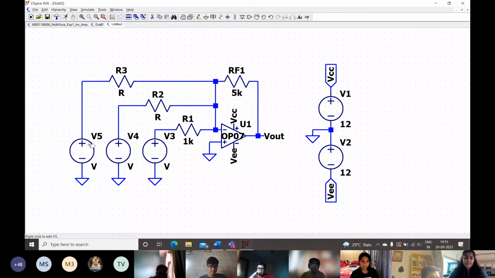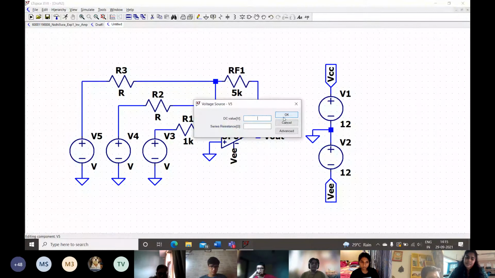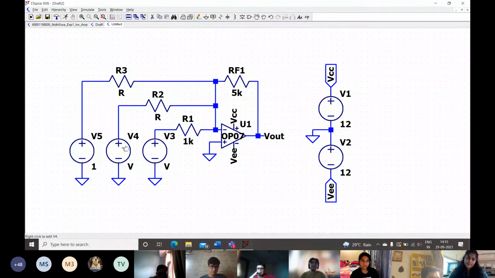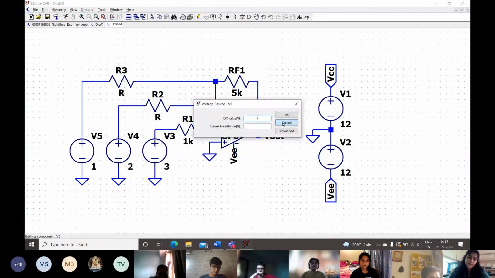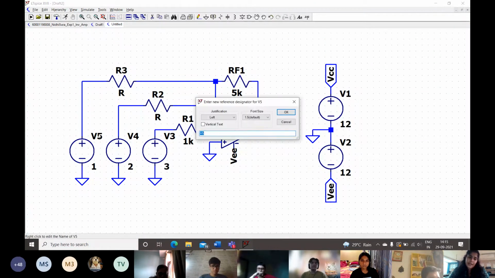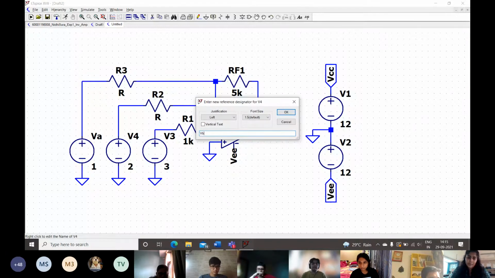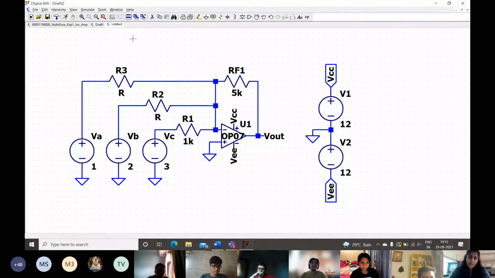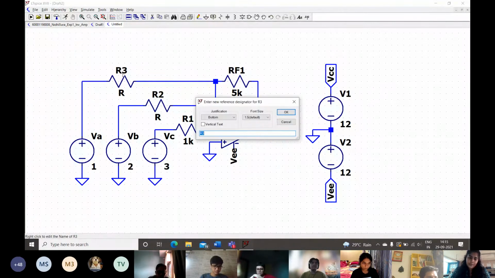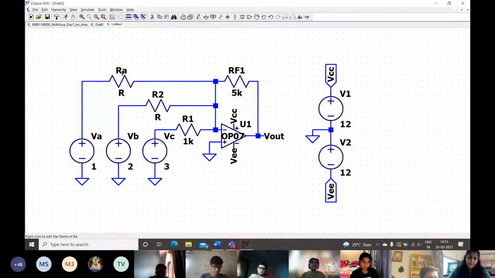So you should probably take values of voltage such as 1, 2, 3, or maybe even smaller than that. And for the sake of simplicity of our equation, I'm just going to go ahead and rename this voltage source as VA, and then VB and VC. I'm going to go ahead and do that for the resistors too.